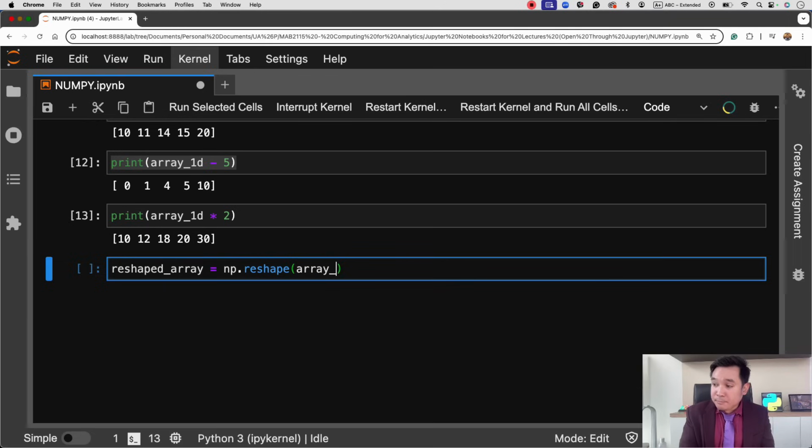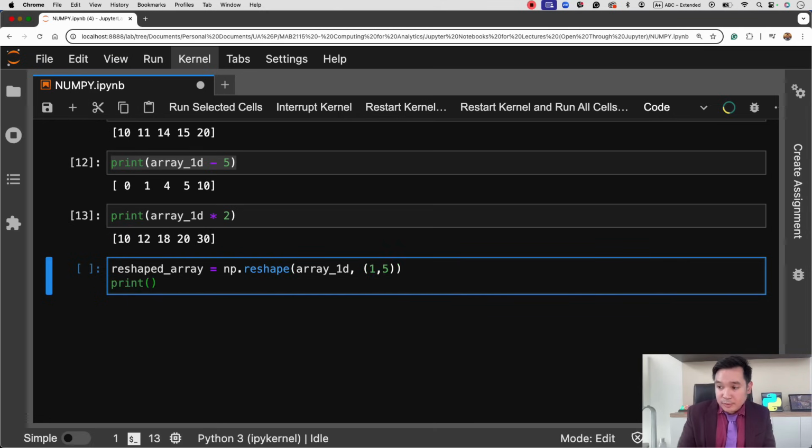The first positional argument will be that of your array that you need to reshape, and the second positional argument would be the shape that you want it to be. So here, if you see the reshaped array,